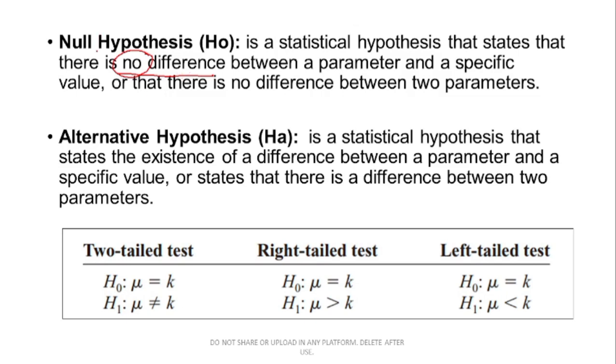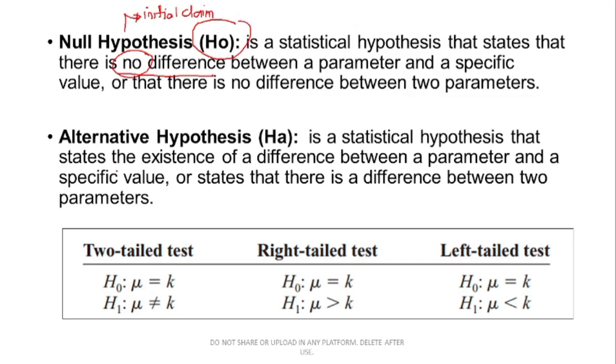So, kapag halimbawa may bagong labas na gamot, bagong labas na drug for high blood patient, yung mga ganyan, tapos pinainom mo sa kanila and then walang significant effect, so magiging accepted ang null hypothesis mo. There is no significant effect or there is no significant difference, ganyan. Ito palang null hypothesis natin guys, ito yung initial na claim natin. This is our initial claim. And tandaan nyo na it is denoted as H0.